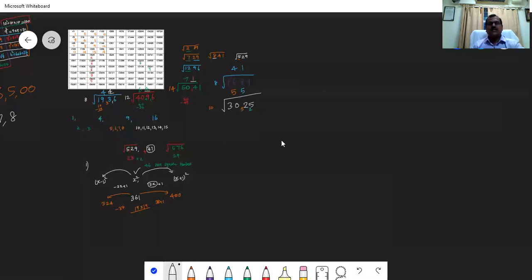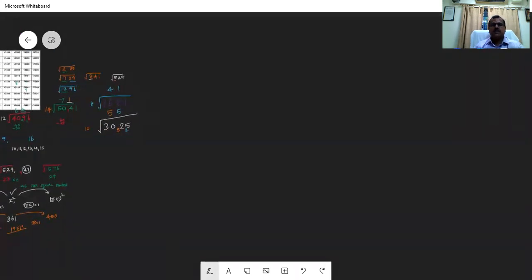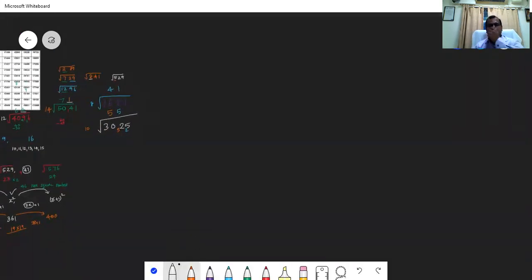With that discussion, let's come to the next part: how to find the square root for the irrational numbers. That is a very, very important task of today's class. First, you have to learn one technique called Dvandva Yoga. If you know this technique, it is easy to find everything.